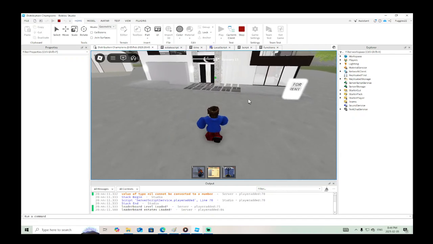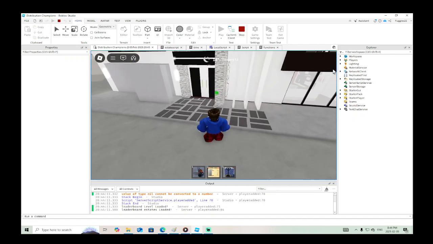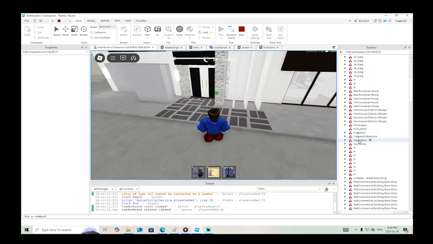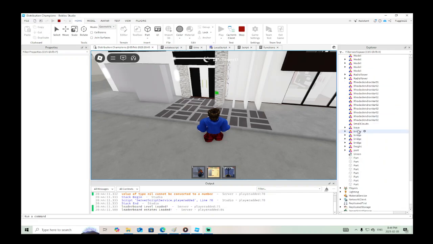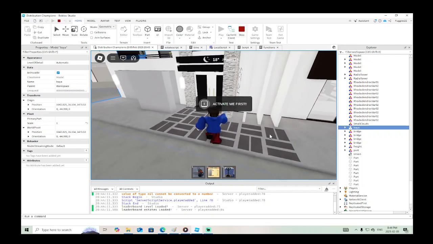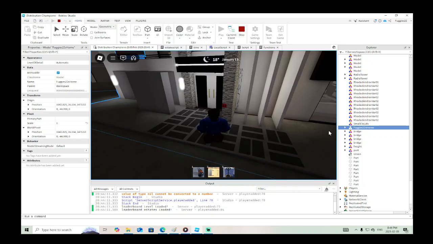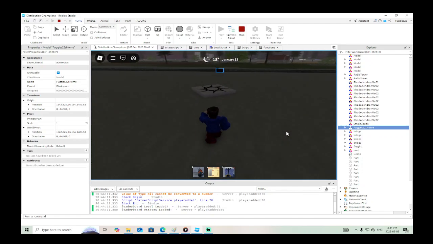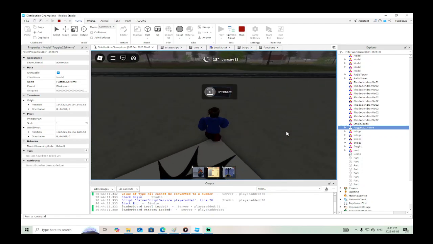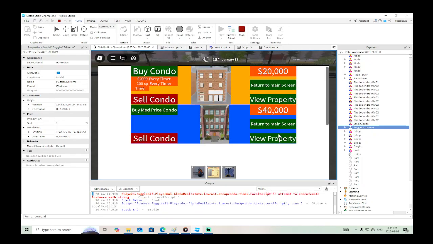Okay, let's see. So this house is Bay A, but then when I activate it, it turns into my home. So when I interact here,